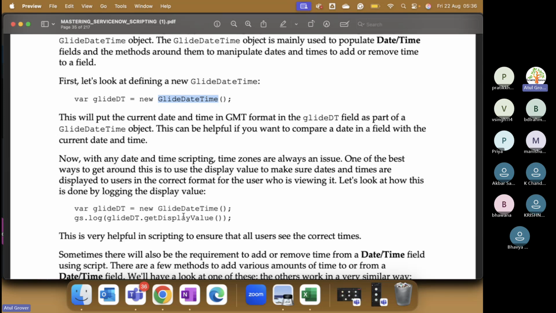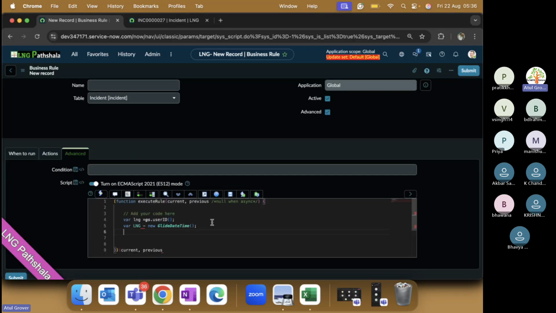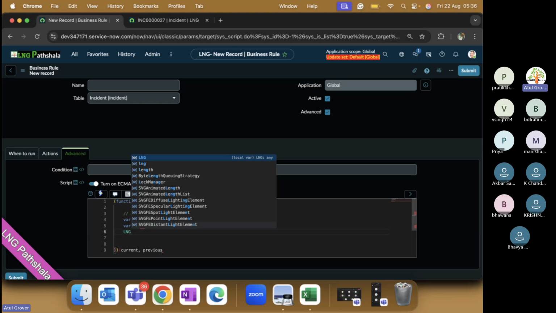So let's say, take an example, you click on the submit button and you get a pop-up message: thank you so much for submitting, your incident has been created at this particular time. How is the time coming from the database? Because of this class, and then with the help of this method. So if this is the case, I can say lng dot